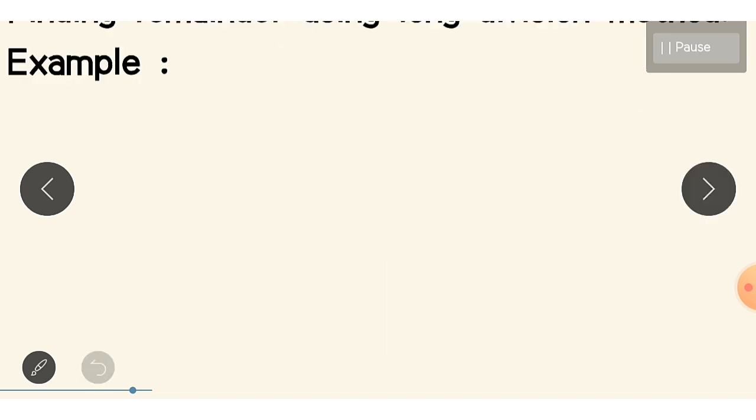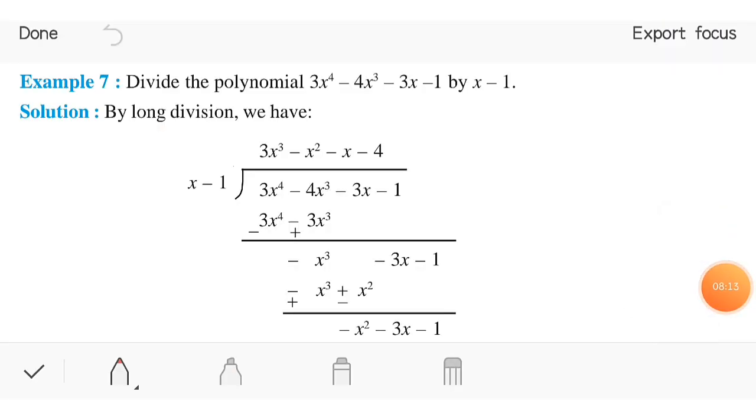So now let us find the remainder using the long division method with an example. Let us see with an example how to find the remainder using the long division method. This is another model. For exercise 2.3, these model problems will come. So I am giving you an example so that you can do exercise 2.3 yourself. Now let us see example 7, that is from NCERT.